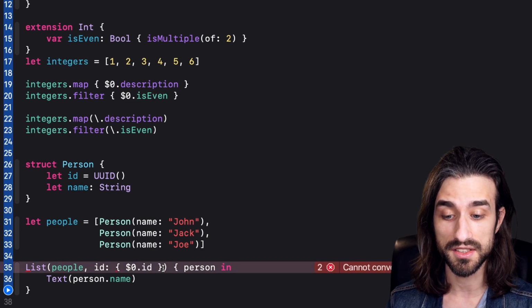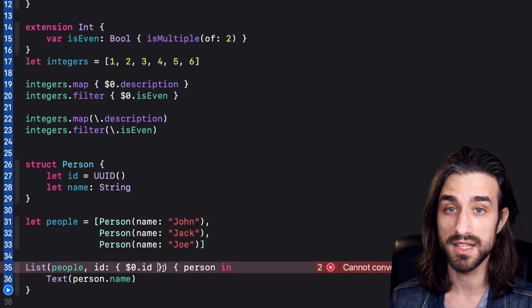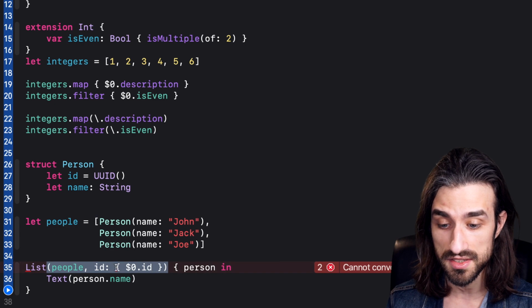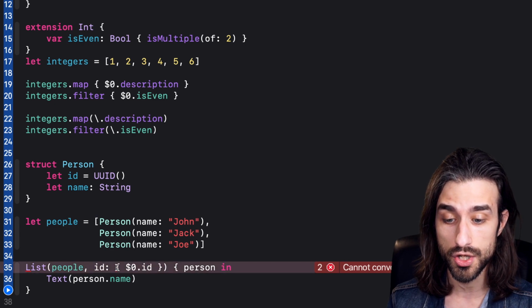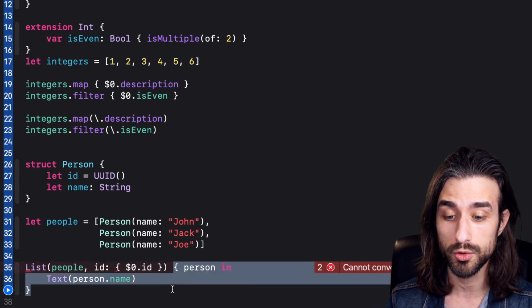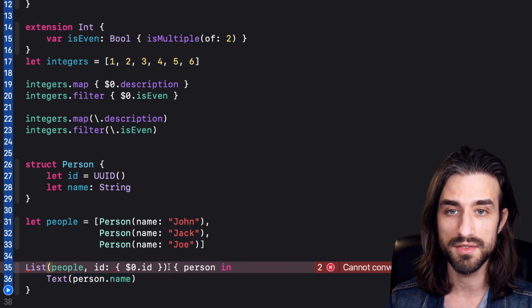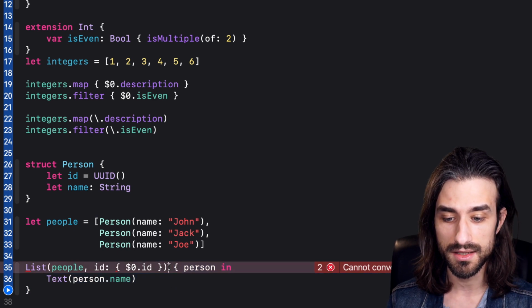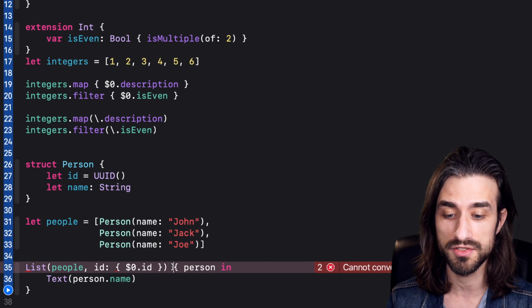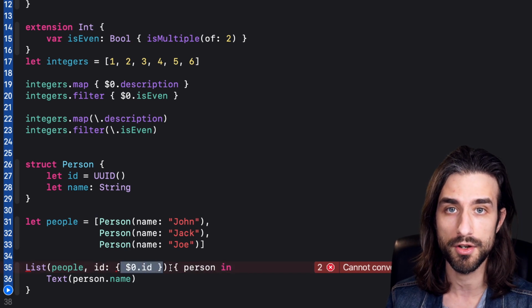So first we can see that in terms of readability, it would definitely not be great because we would have these curly braces here that define an inline closure, but then we would have another closure in order to build our view. So it would feel very cluttered, and basically the code would be a little bit hard to read because this closure wouldn't feel that much different than this closure, even though they would perform a very different job.